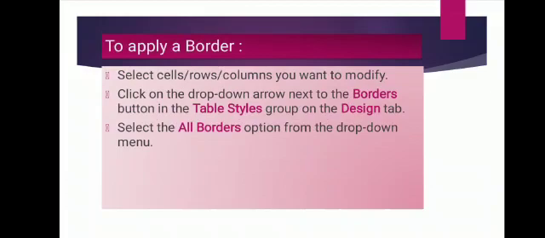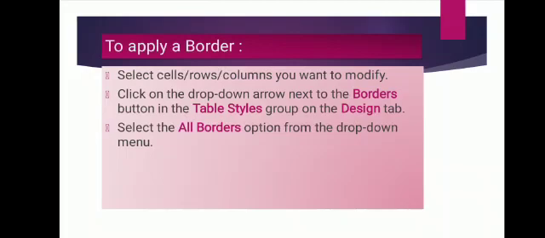Now next one is how to apply border. Microsoft PowerPoint allows you to add a border to a table, and a border basically helps to improve the appearance of the table. It just changes or modifies the appearance of it. So for applying a border, first you have to select the cells, rows and columns that you want to modify. Then one option is given, the border button.